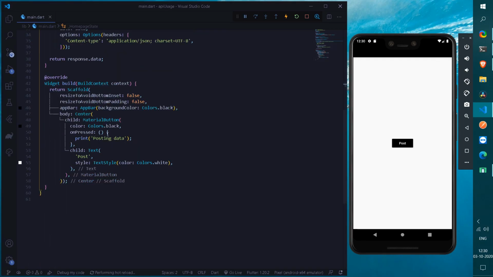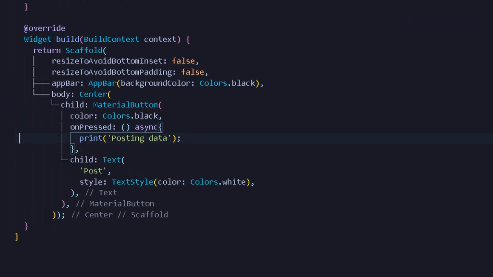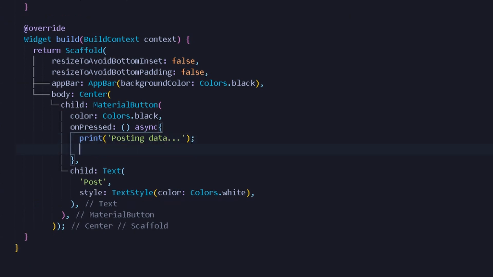Cool. So once we have our method completed, we can format the document once and apply the post data method over our button, which is a material button. So here under the onPressed method I can make it async, and also give it curly braces here. Now here I can simply await our future method, which is post data. Now after giving a semicolon, we will simply get a warning that the output is going to be in the form of a future dynamic.